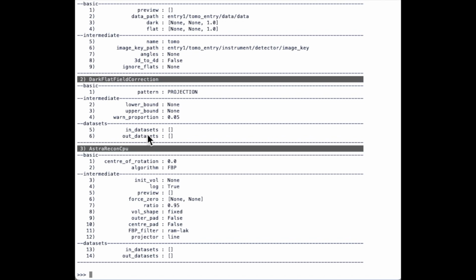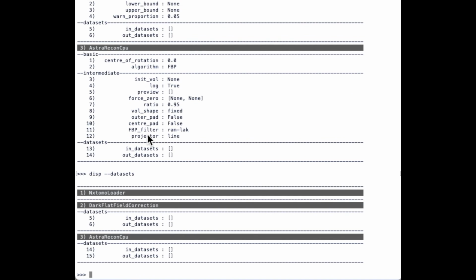So that's highlighting that here, and if that is useful to you, you can also type disp -d or --datasets, and that will also highlight the steps your data is going through and which plugin is getting which subsection of data. So back to the level command, if I type level advanced now,